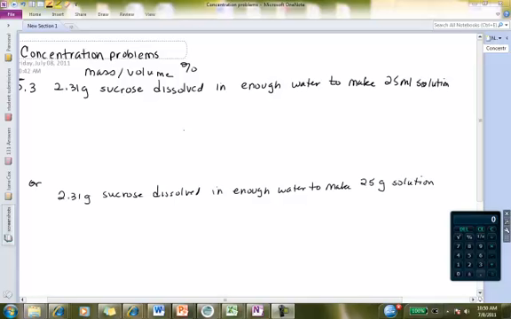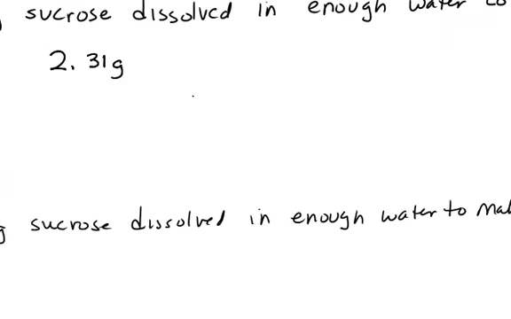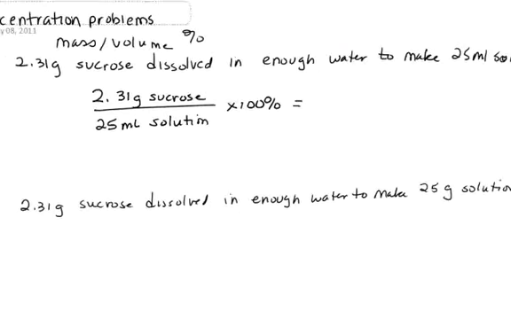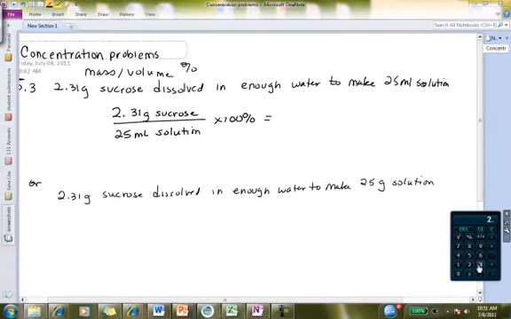What I want to show you here is the difference between a mass-volume solution and a mass-mass solution. In this case, it tells us that we have 2.31 grams of sucrose dissolved in a total of 25 milliliters of solution. Multiplying this times 100% will give us the percent sucrose. So we're going to take 2.31 and divide it by 25, which equals, whoa, that's not right,